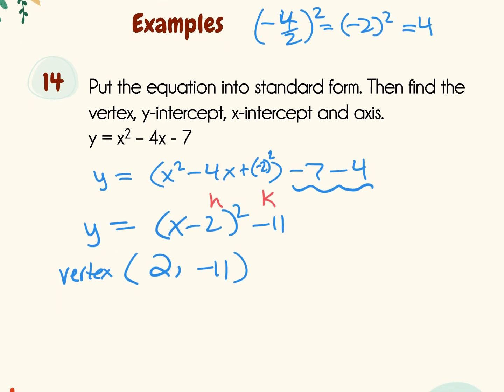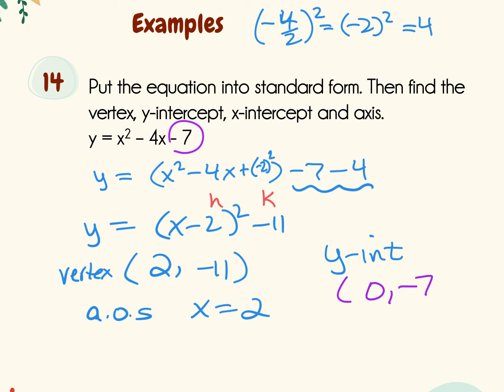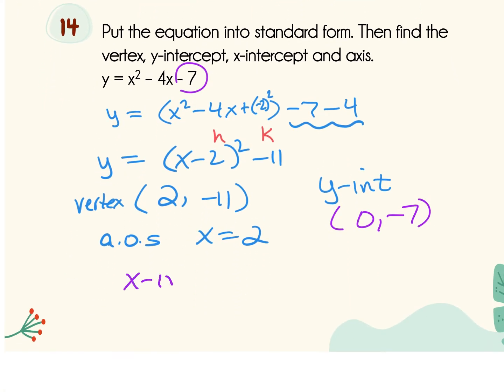Okay, and then my axis of symmetry is again always an equation, x equals 2. For my y-intercept, go back to your original. It's sitting right here at the negative 7. And now for the x-intercepts, I need to set y equal to 0. If I tried to use the original, it cannot be factored, so I'd have to do completing the square or quadratic formula. I've already completed the square, so let me take that standard form, set it equal to 0,